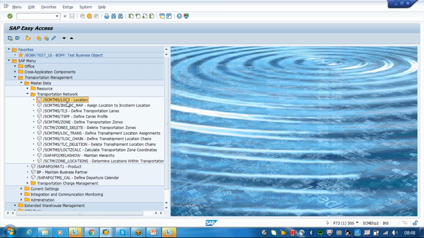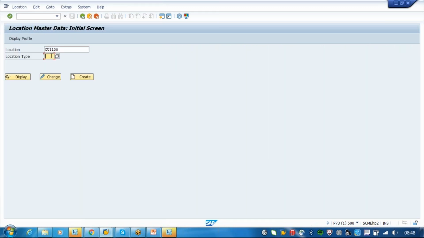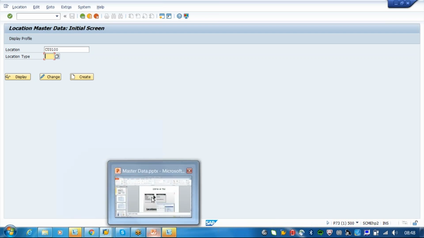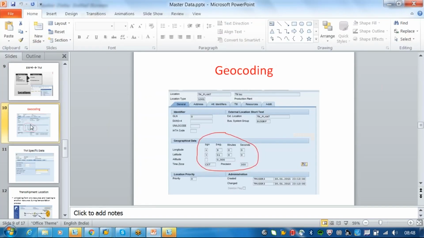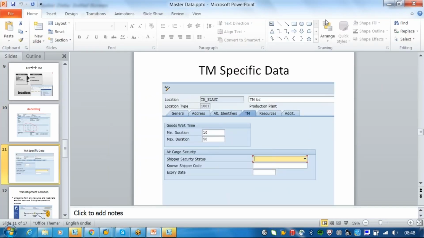Normally you try to transfer something from your R3 system, and here the important thing is that in the locations, only the location type plays a major role. Oh, yes. So these are all things I will show you later, and specific data also I will show you. Okay, so for today, you try to practice this for the customer, material, vendor, and the plant. Tomorrow I will show you the location details: what data we have to fill in when you are creating a location manually in the system. Okay. So from tomorrow onward, I will share the TM specific data.